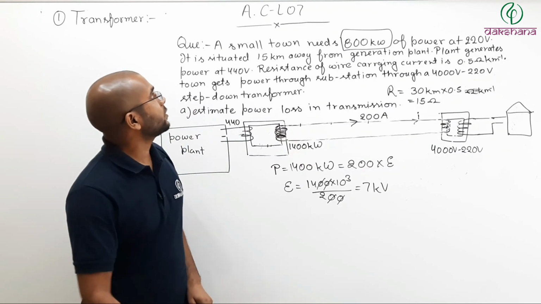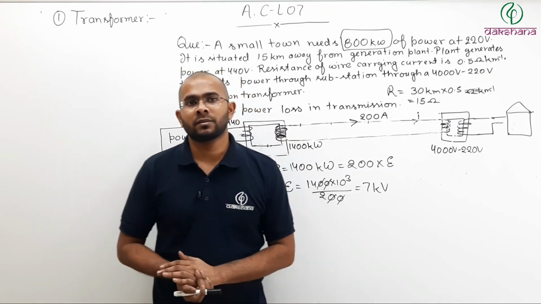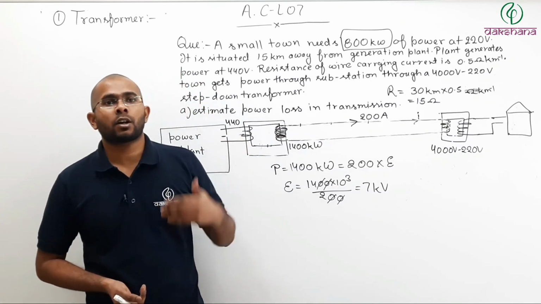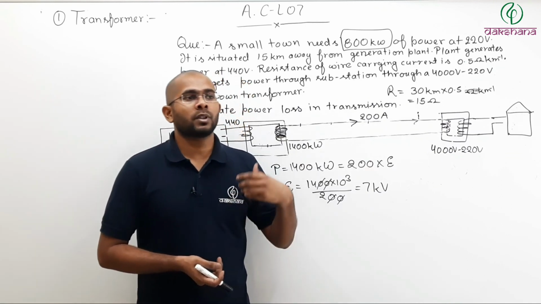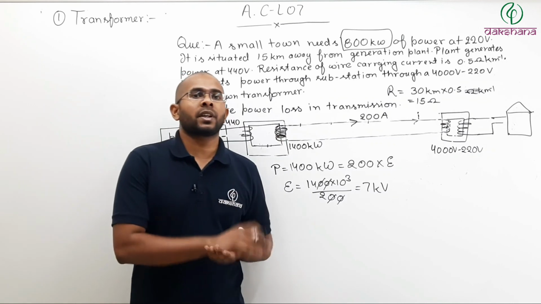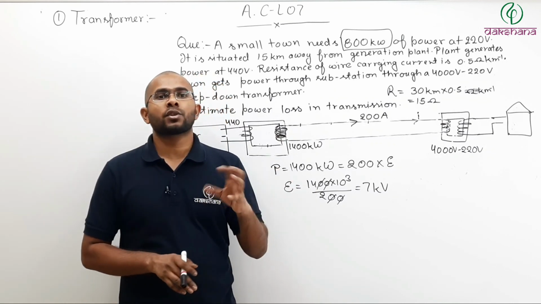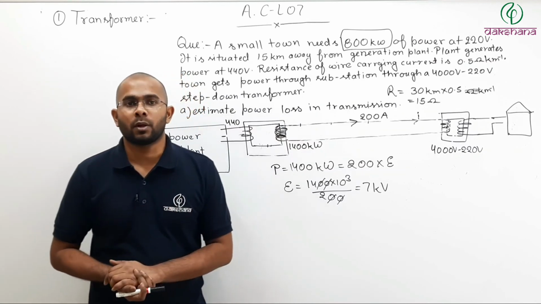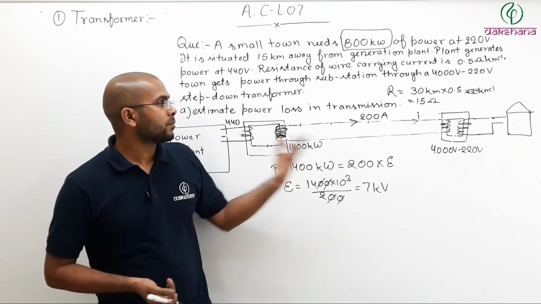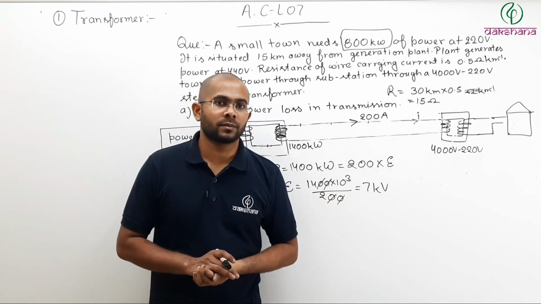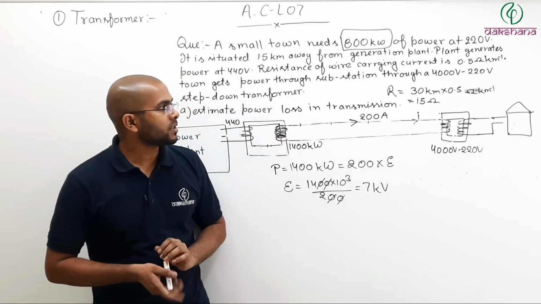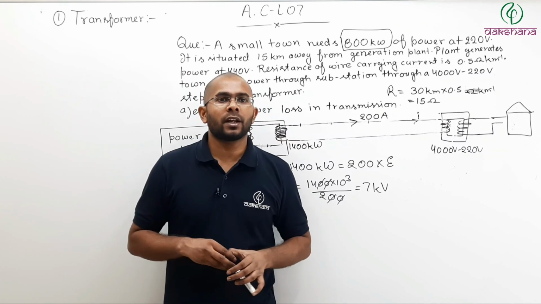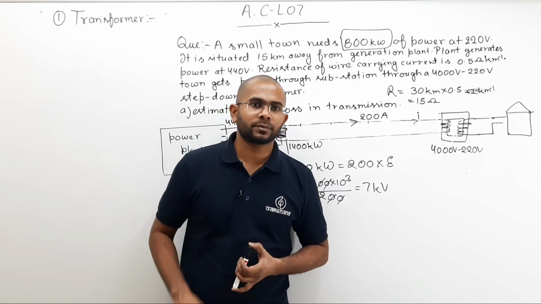So in this lecture of your alternating current, we have covered what is transformer, how a transformer is made or how it works, what is step up transformer, what is step down transformer, how the power in secondary coil and the primary coil is same. Now how the ratio should be for step up or step down. We have also tried to solve few questions based on your transmission of power. So this will be the end of your lectures for alternating current. You can revise your topics, try to solve as many problems as you can. And if you have any doubt, just ask them in your doubt group.